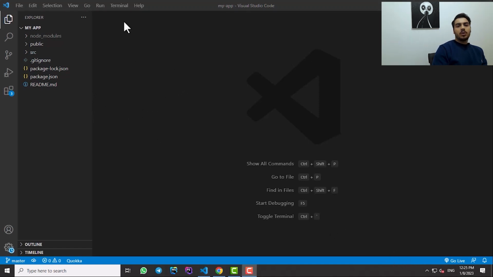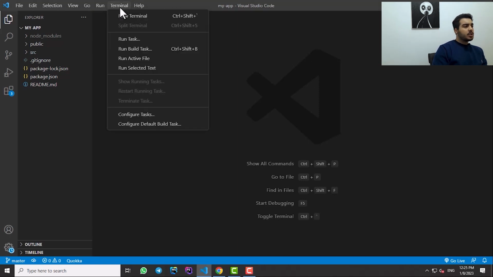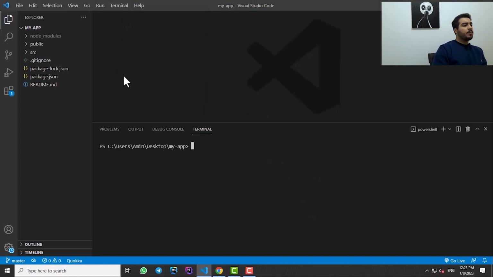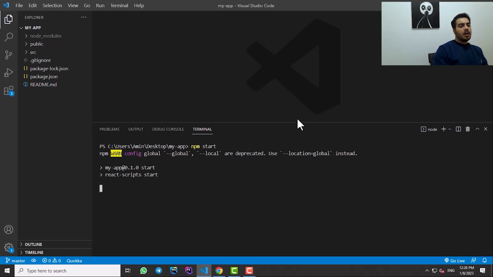First of all, I want to show you the result of our code. And for this, I should open the VS Code terminal from here, terminal and new terminal. Or actually, you can do it with the shortcut, control and backtick. Here we have the VS Code terminal, and you can use some commands to run your application or for building your application or actually installing some packages for your work. But first of all, I want to run our application by npm start, and when I enter on it